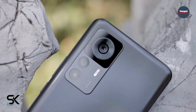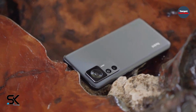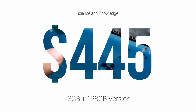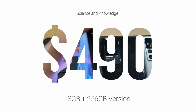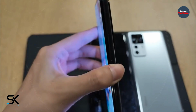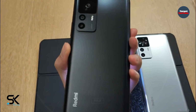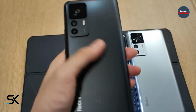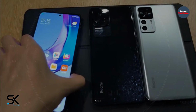Let's talk about Redmi K50 Ultra smartphone prices. 8GB plus 128GB version only for $445. 8GB plus 256GB version only for $490. 12GB plus 256GB version only for $534, and 12GB plus 512GB version only for $593. A special Champion Edition will also be available for